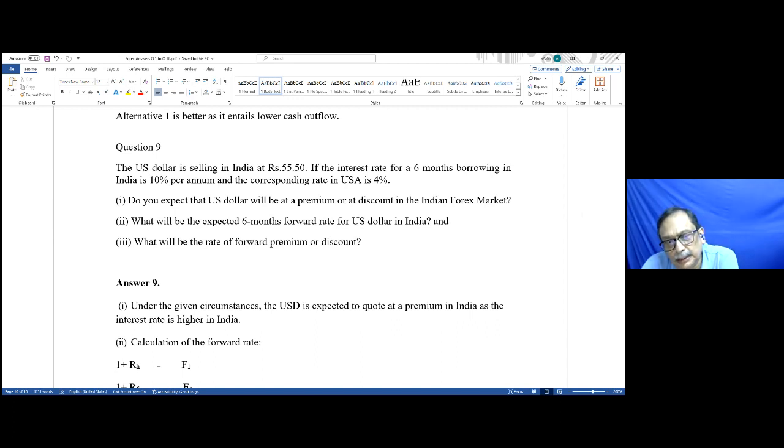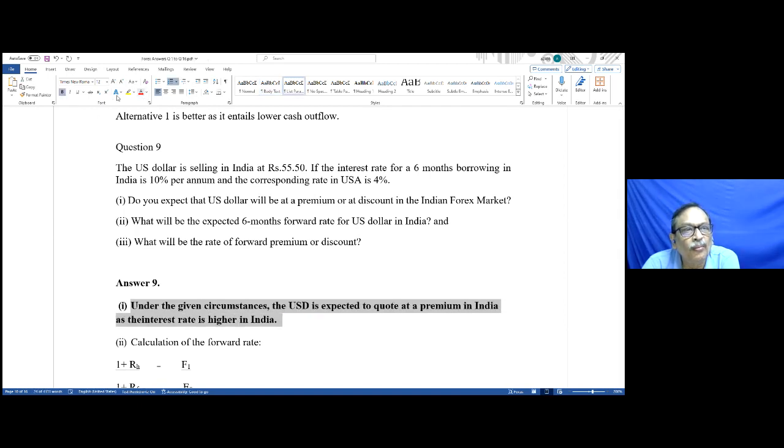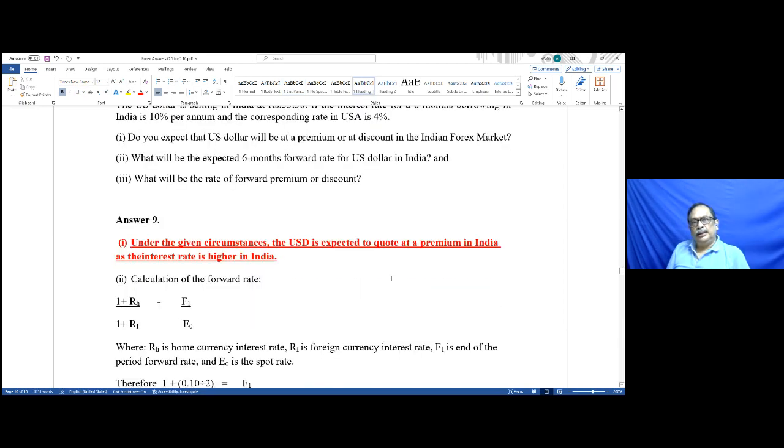So from this, we may say that under the given circumstances, the USD is expected to quote at a premium in India as the interest rate is higher in India. So mind this language. This is important for you. Under the given circumstances, the USD is expected to quote at a premium in India as the interest rate